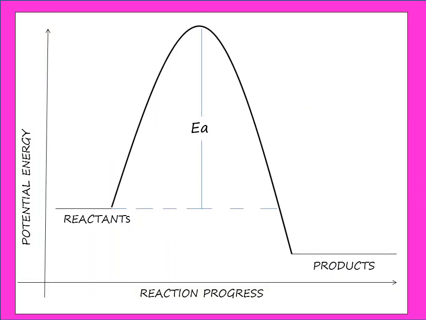If you observe this graph, reactants are becoming product through a pathway. If the reactant has to become product, it must cross an energy barrier which is shown in the graph. The difference in energy between the energy of the reactant and the energy barrier is called the energy of activation. So the reactant molecule must possess at least a minimum energy of EA, only then can it cross the energy barrier and become product. If the EA value is less, then more reactant molecules can become product, or the rate of the reaction increases if the energy of activation is less.